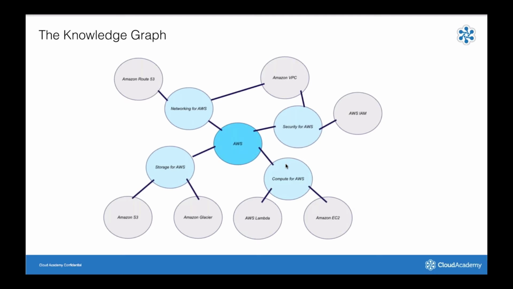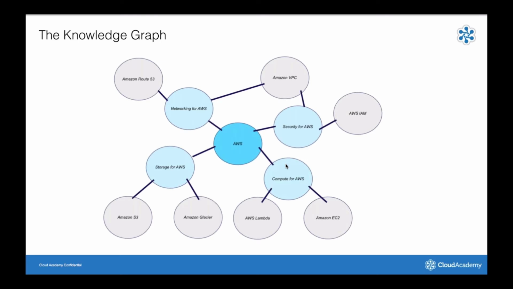So here there is a simple abstract. We have AWS in the middle, just because it's one of the most popular skill nodes that we have in our graph. And connected to AWS, there are several domains. You see networking for AWS, security for AWS, compute for AWS, and storage for AWS. These names should sound familiar to you if you have already used our user profile page, because they are the names you also find when you browse across your skills.